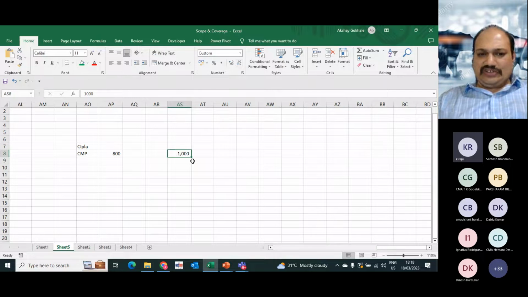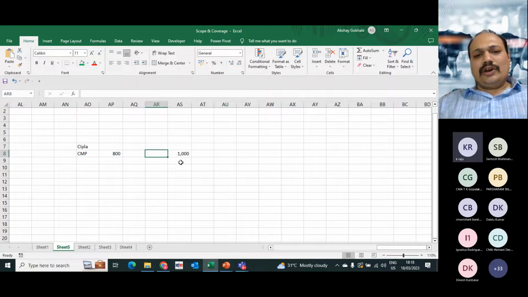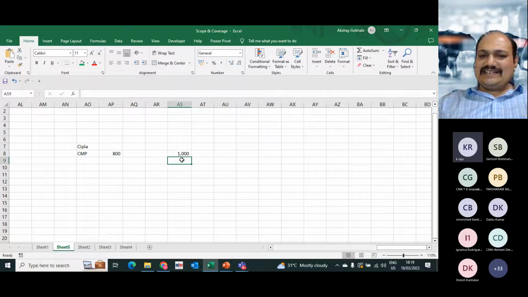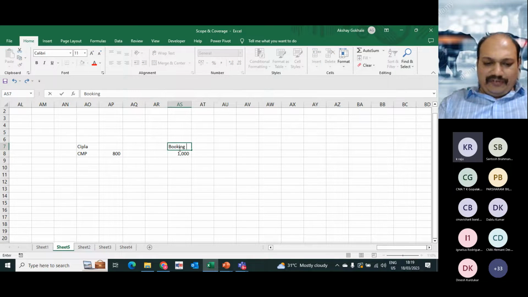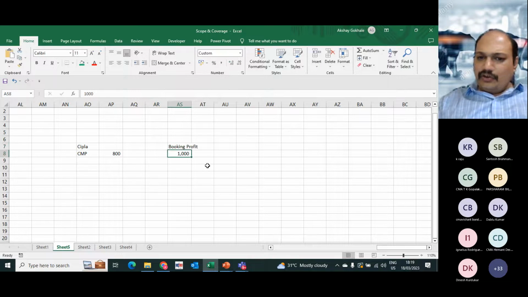Suppose Cipla goes to 1000. Okay, now you are thinking that you are going to book profit in Cipla. So my saying is that don't book profit in Cipla. Okay, so instead of booking profit, what you have to do,